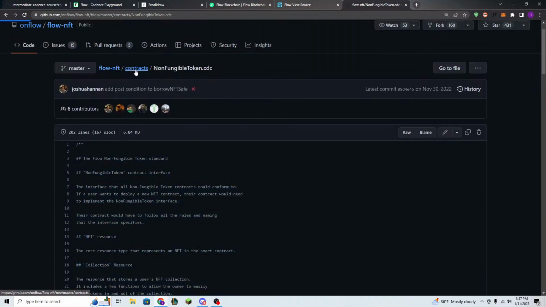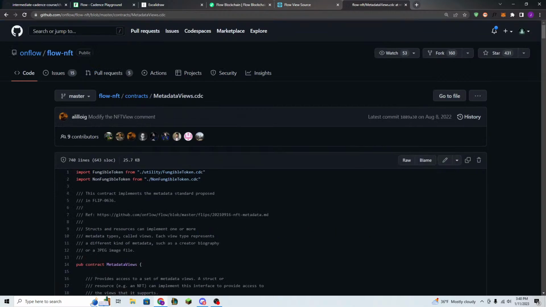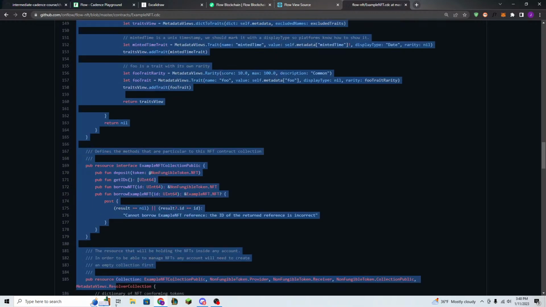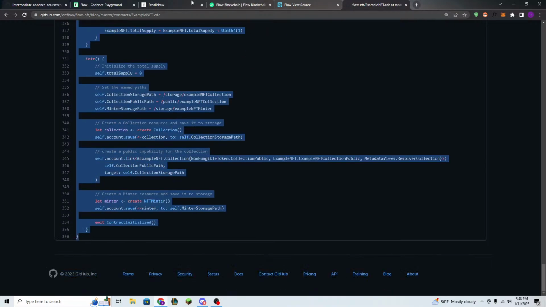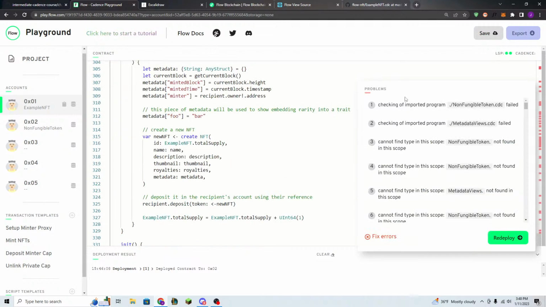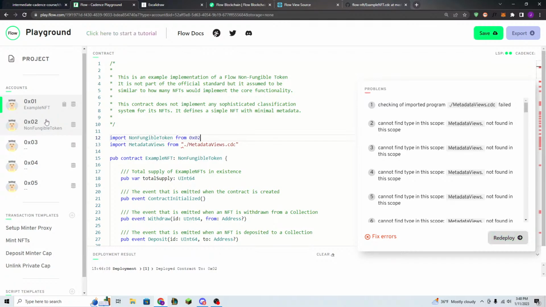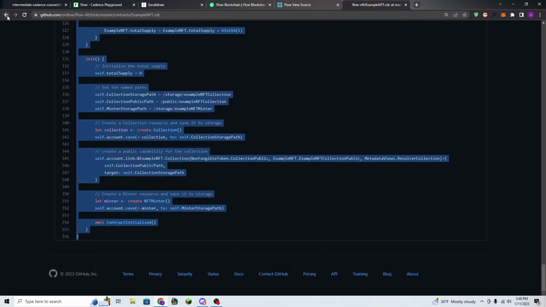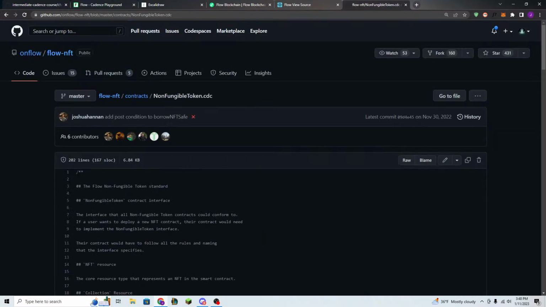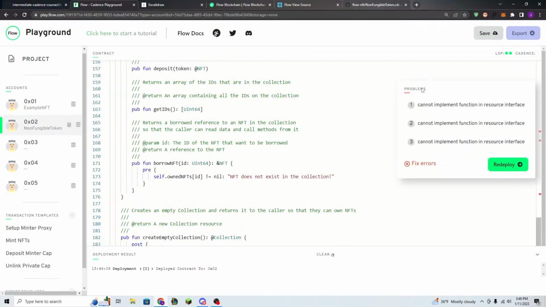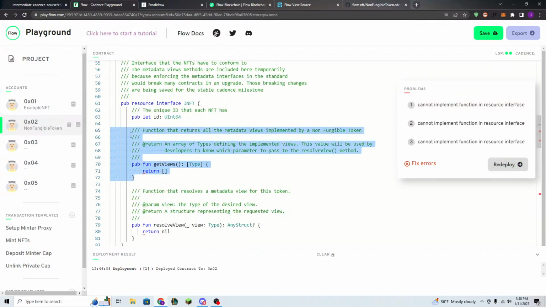By the way, the reason why I sometimes hate metadata views is because when you go to deploy this on the playground, I'll show you, first of all, you have to copy all this code, which is fine, right? It's like whatever, you copy it in here. And then you have to go to the top and also import non-fungible token, which again, I have literally begged them to please just deploy automatically, but I don't know why that's not a thing. So you then have to go and deploy non-fungible token, right? So then let's go and deploy that one. But of course, the playground's never up to date, so then you have to delete the code that's not working